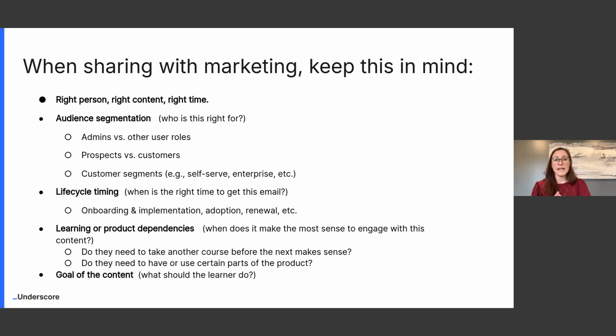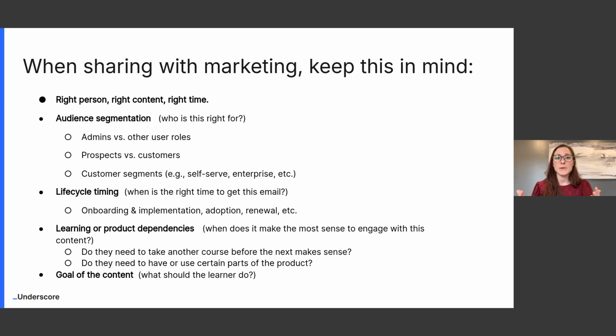The first thing that I'm going to say is that when we're partnering with our marketing team, we don't want to tell them exactly what to do, right? In the same way that we don't want someone to tell us what kind of course we should build, or how we should build it, we want to be, I'm not going to say this word right, consultative in our approach. Your marketing team knows how to do marketing. That's why they work in marketing.